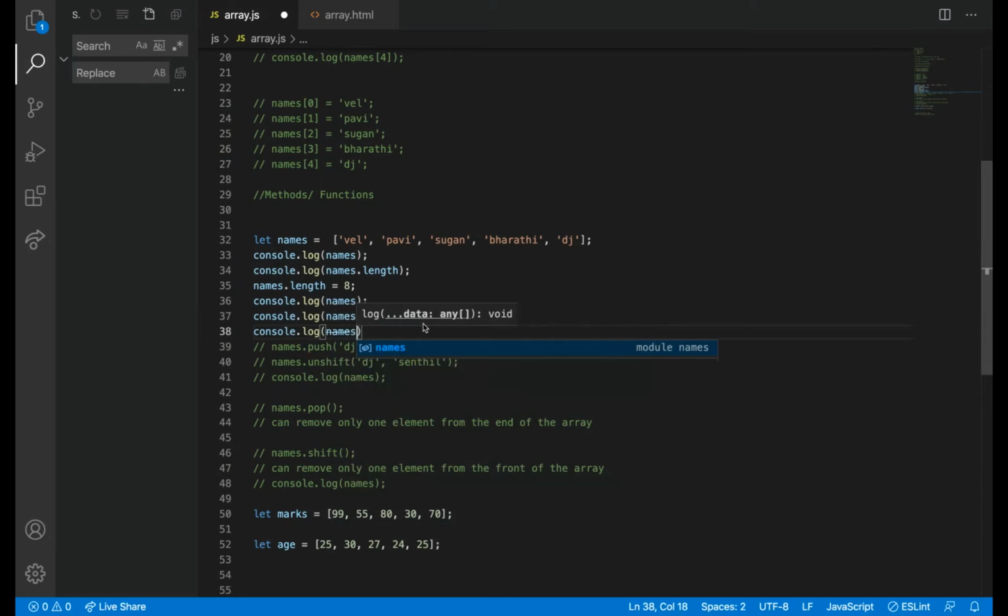names of 7. The 8th element, how will we call it? Minus 1, because 0 is there. If I want to call this thing, the length is 1, 2, 3, 4, 5, length minus 1, so 5 minus 1, the 4th index. If I want to call the last element, I need to call length minus 1. So the length of the array is 8, but the last array index is 7.